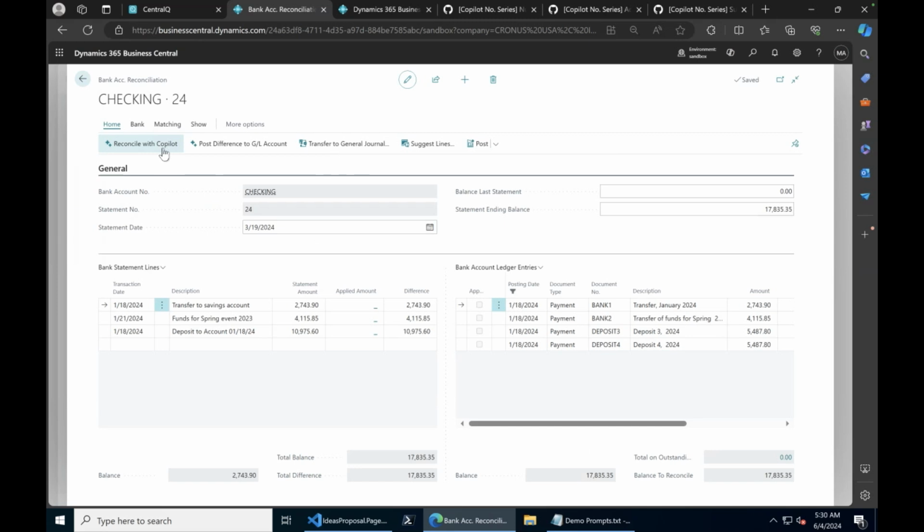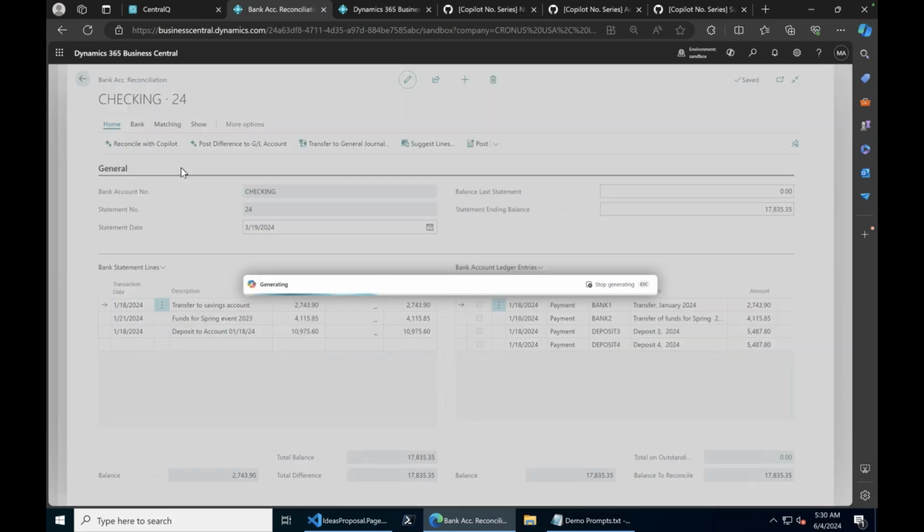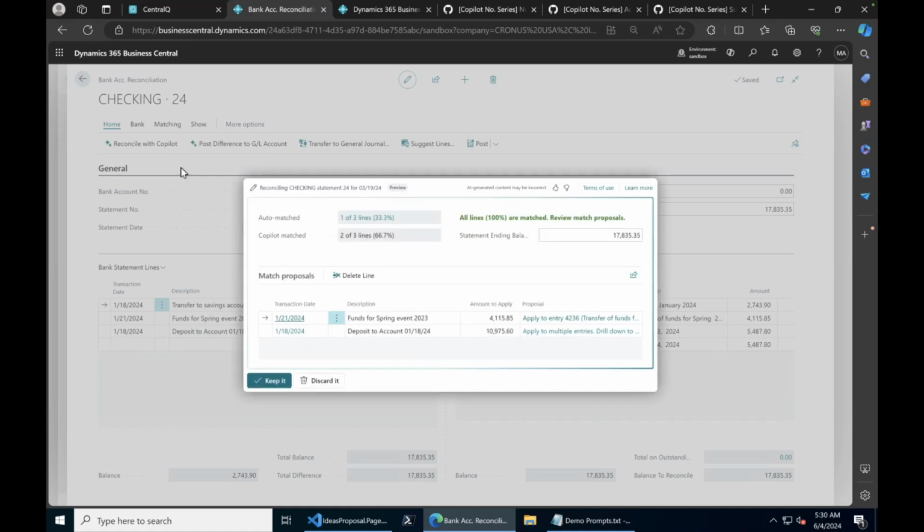It is called Reconcile with Copilot. So it actually takes all the lines from the bank statement lines and all the open bank account ledger entries, and boom, we have automatically matched 100% of lines here. There is a nice thing here because